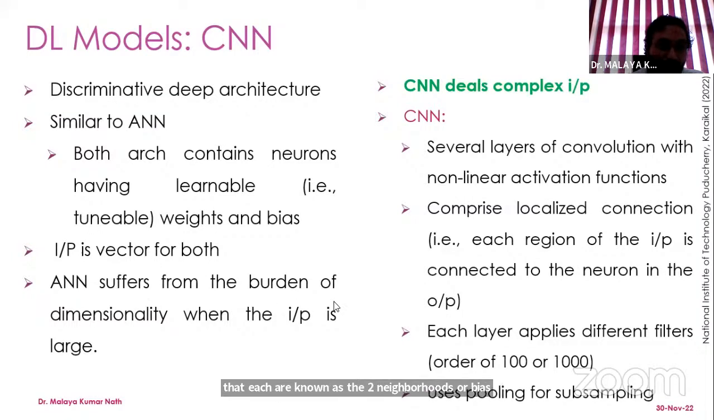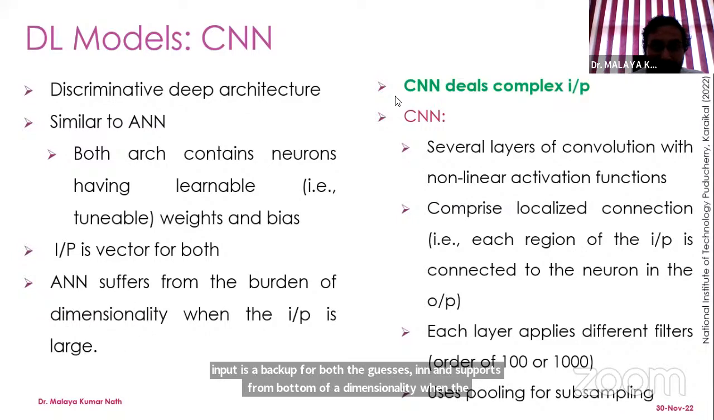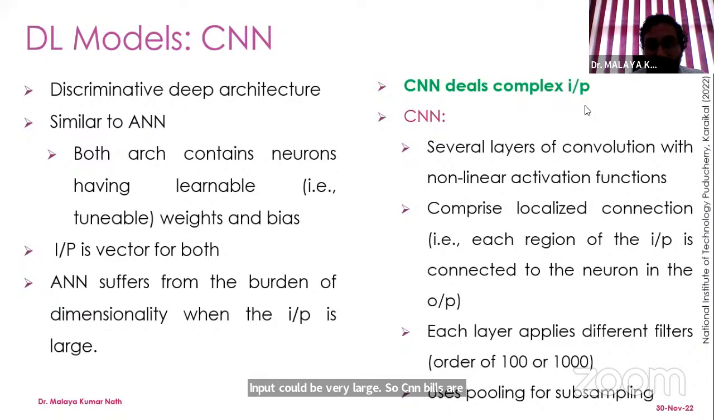ANN suffers from the burden of dimensionality when the input is very, very large. So CNN deals with the complex input. So CNN, that is convolutional neural network, has several